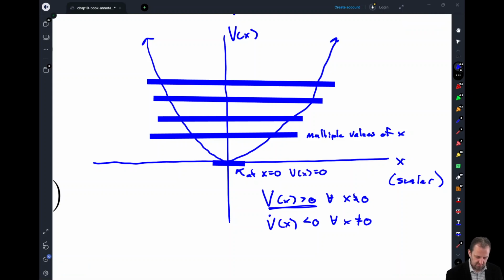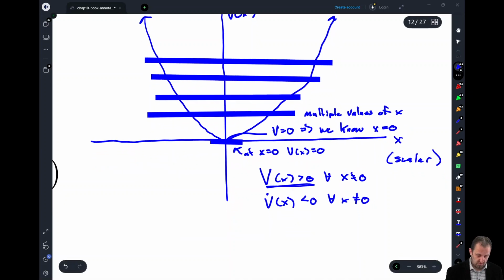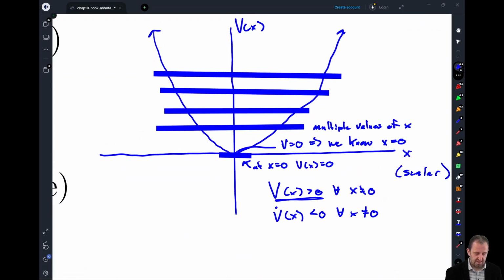So in this case, right at this point, if v is equal to 0, that means we know that x equals 0. This is really cool. By evaluating v, if v is going down to 0, we know where x is going. x is going towards 0 as well. Okay, so cool, right? So that's a Lyapunov candidate function, and then this final condition is just saying that